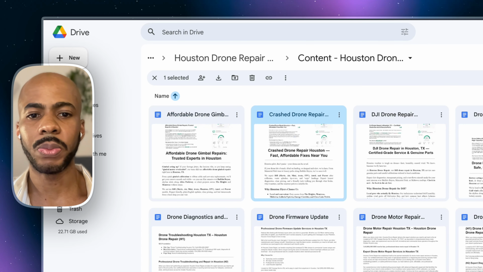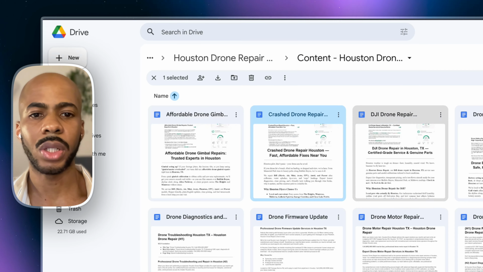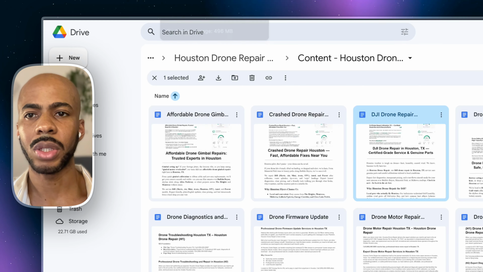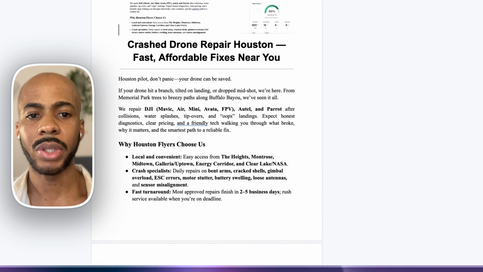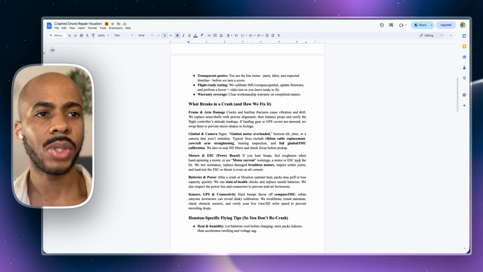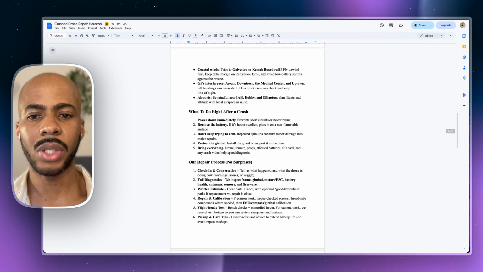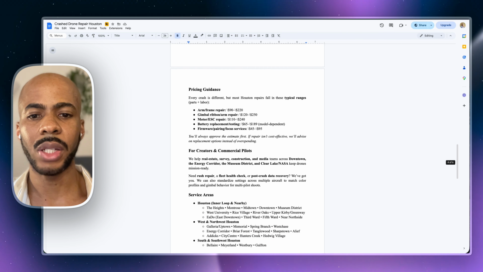Now, in terms of the outputs, they are going to be decent. The content pieces you're seeing about drones are more the drone repair services. All of these content pieces are well written. These were written using Phrase, so there's a certain structure that goes into it, and certain keywords that are